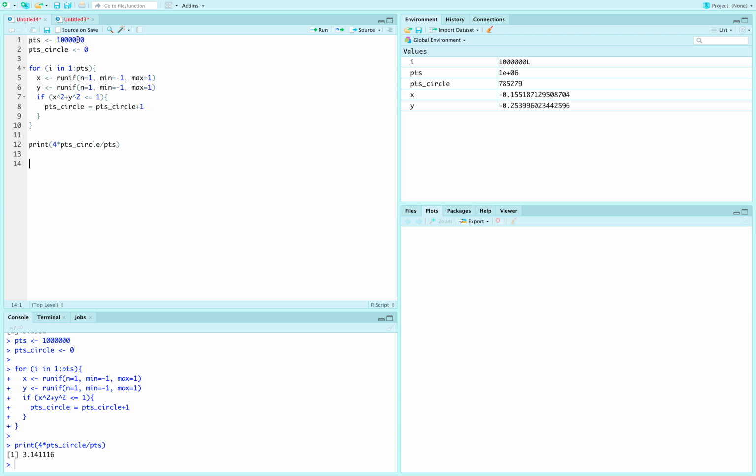So, ganun pa rin ang gagawin natin. 1 million number of times tayo magto-throw ng dart. So, again, define natin yung total number of points to be 1 million. Pero dito, define natin ngayon yung x as a vector containing 1 million points. And mamimili lang tayo ng mga numbers from -1 to 1.